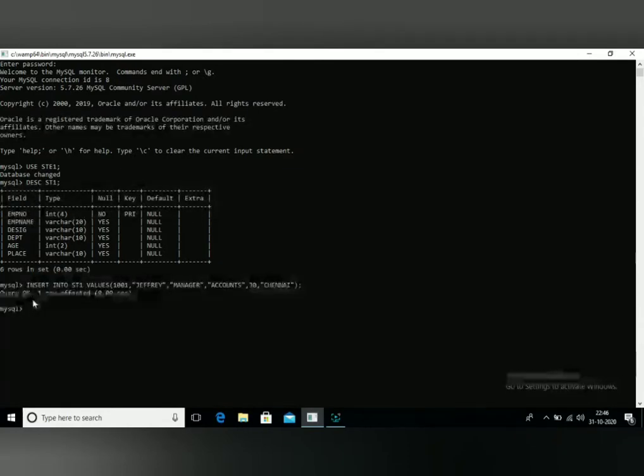Likewise, I want to enter the second person's details. So for the second person, for example, 1002, comma, I'll give some other name. For example, Raj. At the same time, close quotation, comma, then the particular person.